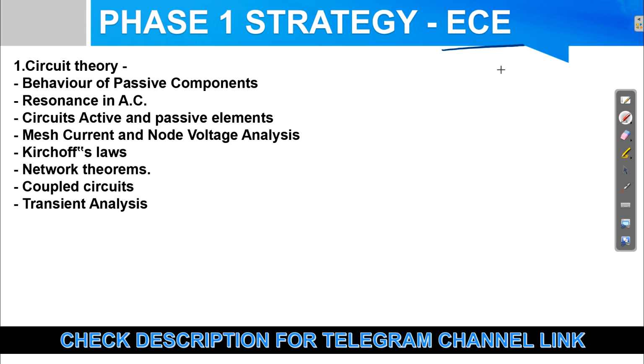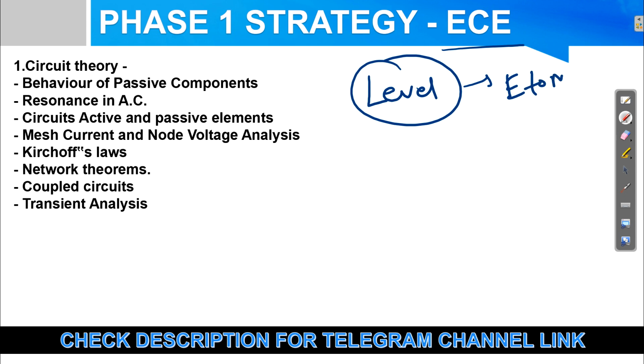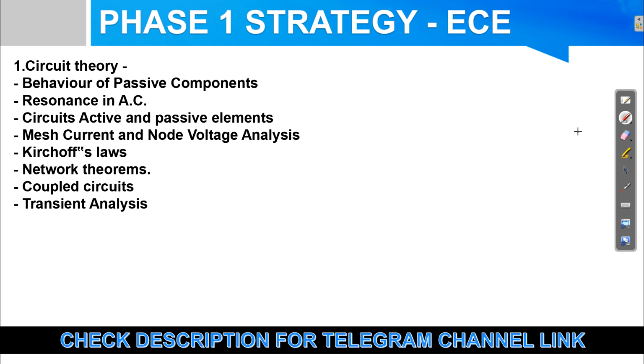Now we will start the syllabus for the EC branch. Before that, let me tell you what level you can expect in your STPI scientific paper. The level will be easy to moderate. As you know the syllabus is very vast, so they will not ask deep questions, but they will ask easy and moderate questions. So we have to study both theoretical and numerical points of view. For the level, there is no need to worry. Just all the basic things should be clear: theory, numericals, all the formulas and definitions. Basics. Then first we will start with circuit theory.